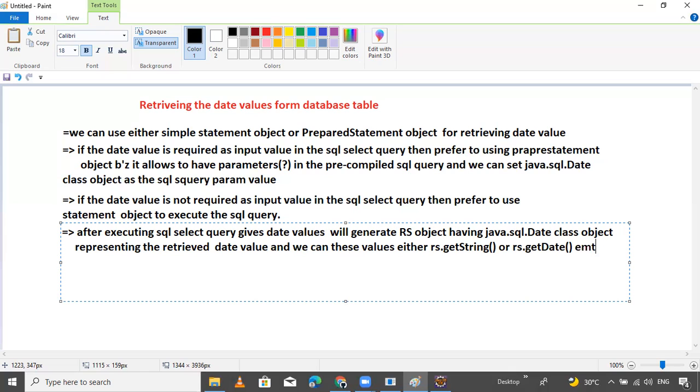These two methods, you can use whichever method you want.